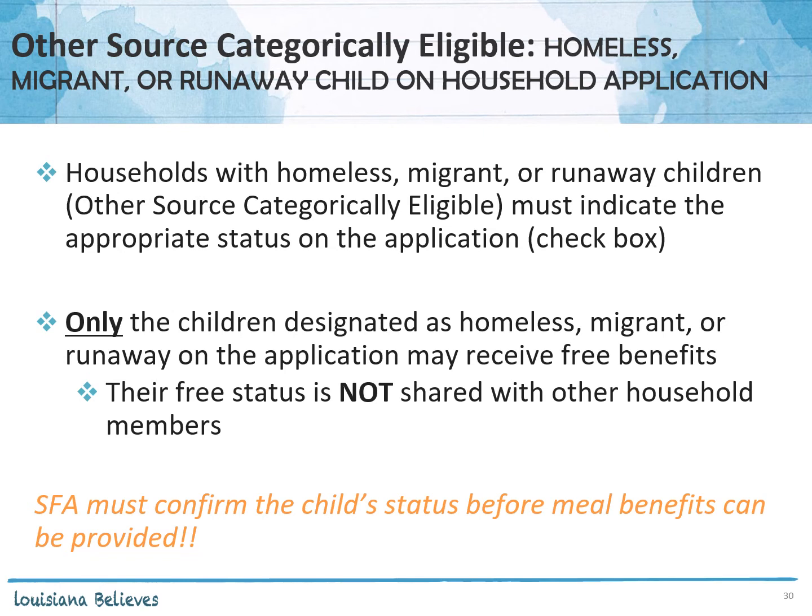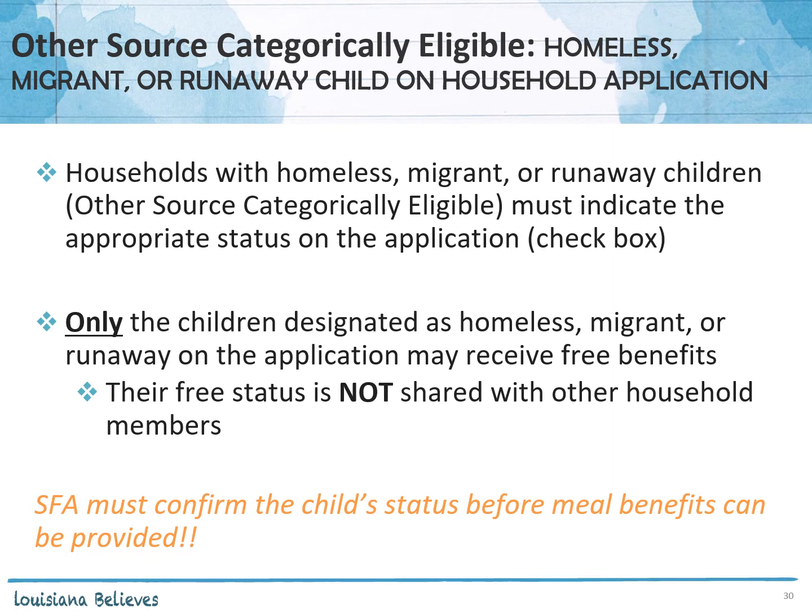If other source categorical eligibility is determined for all children in the household, the determination based on income is superseded. However, if some children in the household are not determined other source categorical eligible, the income determination remains in effect